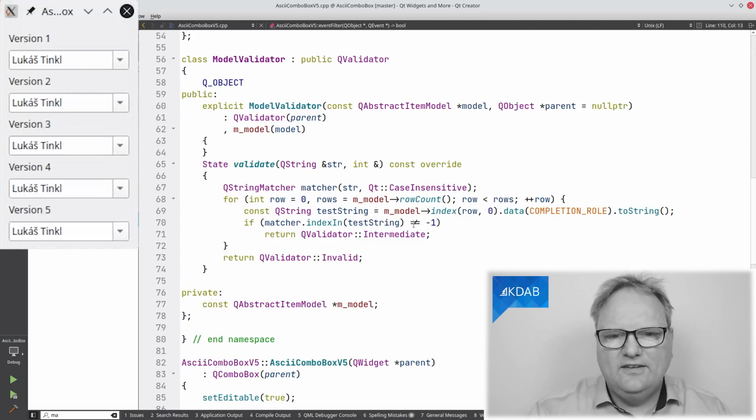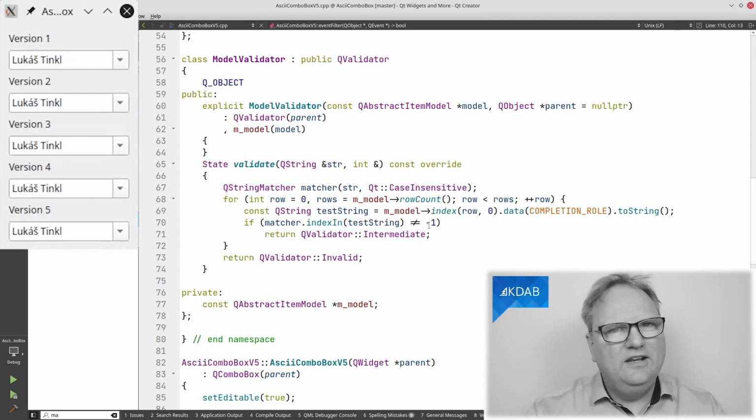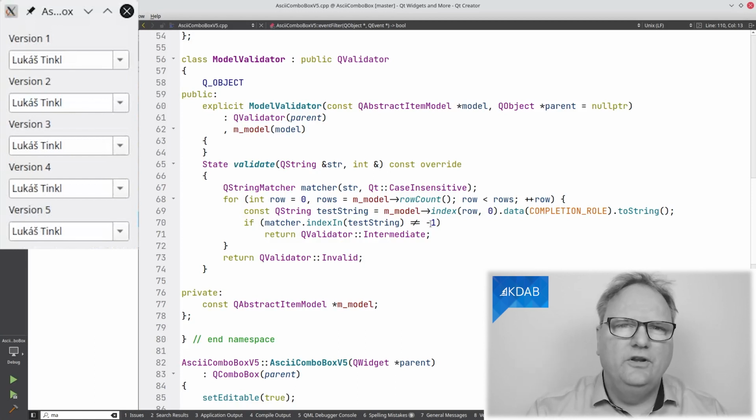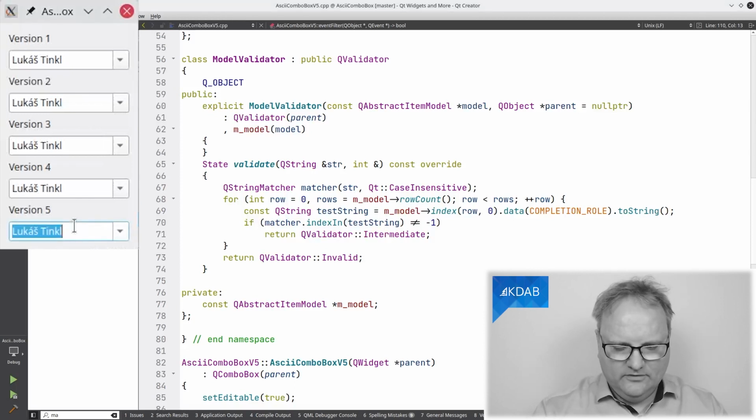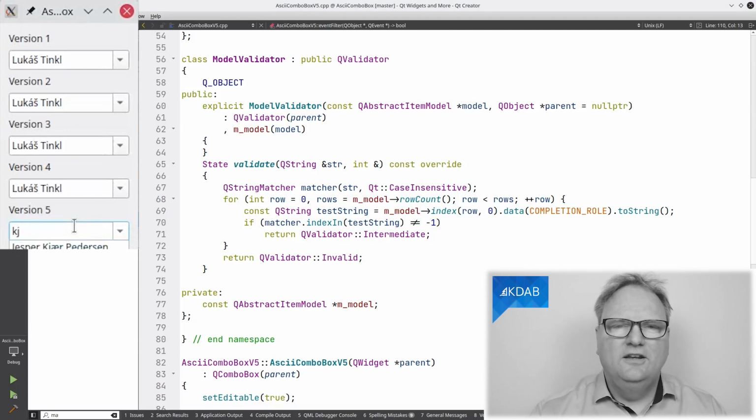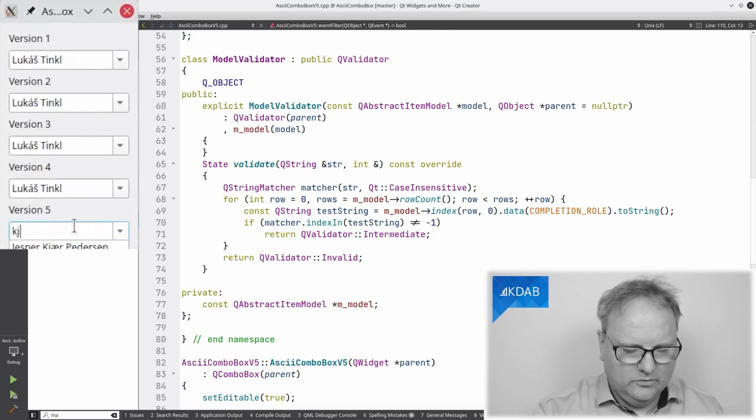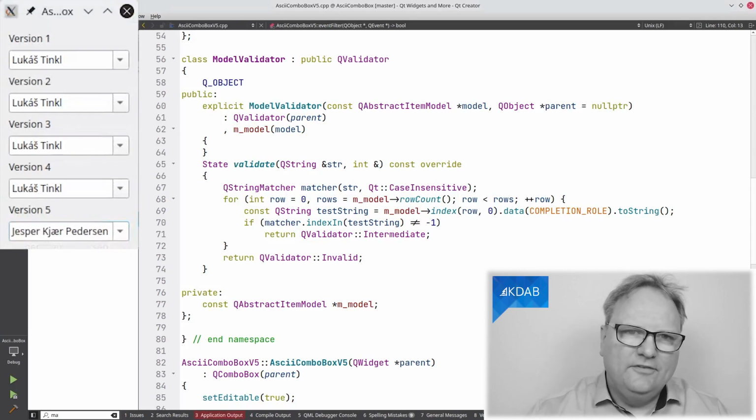And yes, there is, and therefore it returns index number 8, and that's different from -1, which it returns if there is no match. If that's the case, then it will return intermediate, and that's how I now can type KJ and it'll match KJ, but I cannot type Y or U, or the only letter is an A or the A, which would be okay too. That's the first part of it.